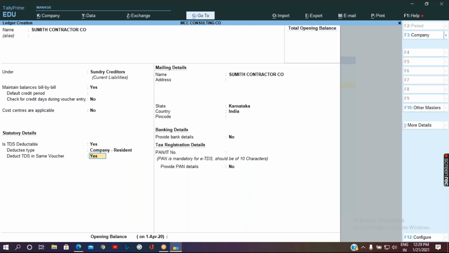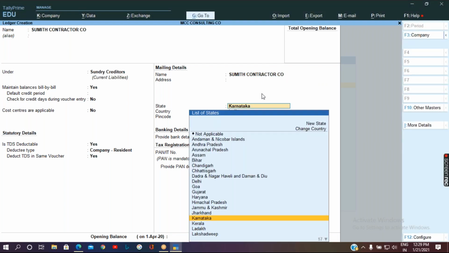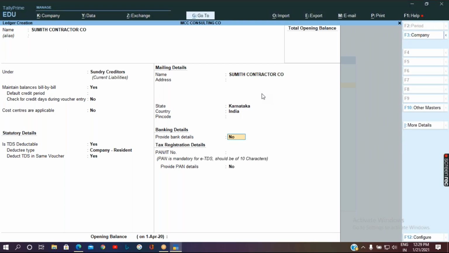Whether you want to deduct the TDS in the same voucher? Let me make it as yes. Then confirm with the address, contact details, then give the PAN number.